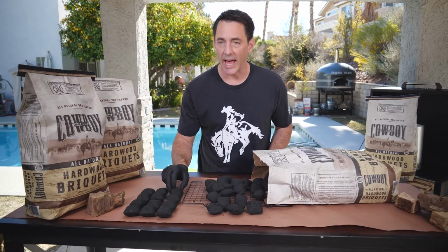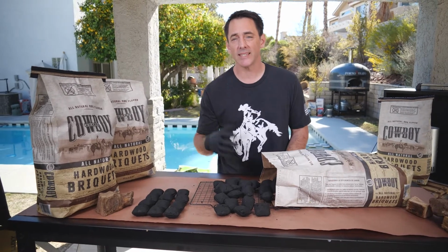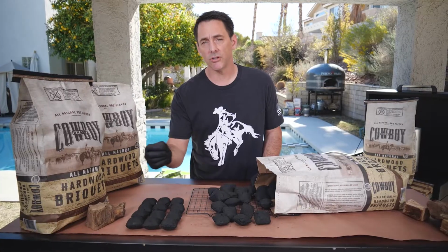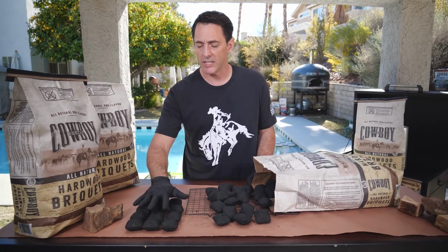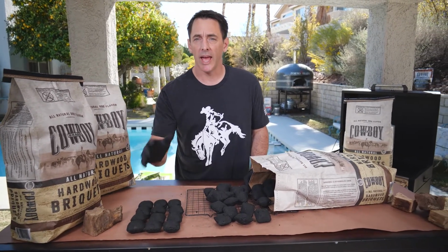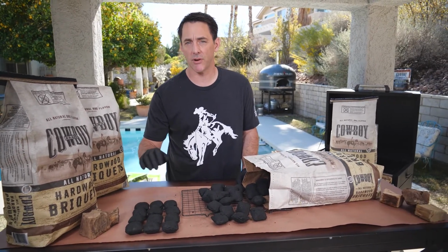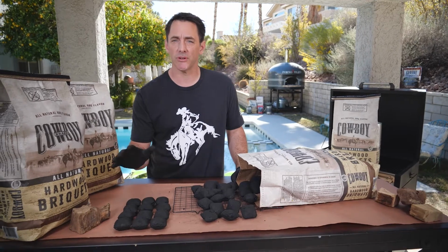You may be asking, how long do briquettes burn? Well, that's gonna be dependent on how much airflow you have in your grill. If you open your airflow, your briquettes are gonna burn very hot. They're probably gonna get to between 600 and 700 degrees. Not as hot as lump charcoal, but pretty darn hot for anything that you wanna grill or sear. And you can close your air vents down so that these briquettes will burn longer and a little bit slower,